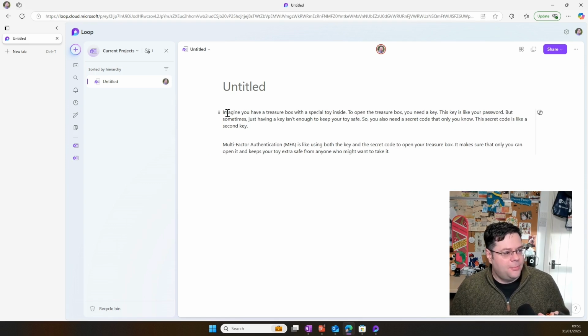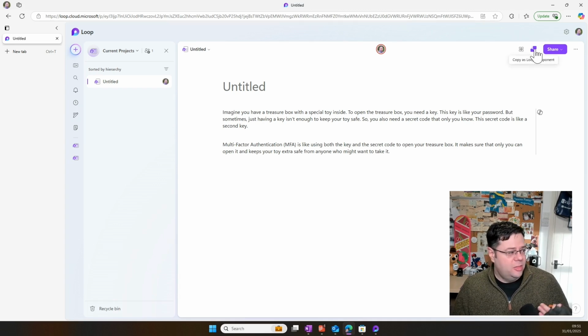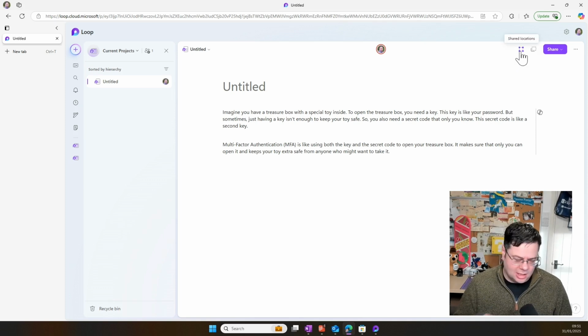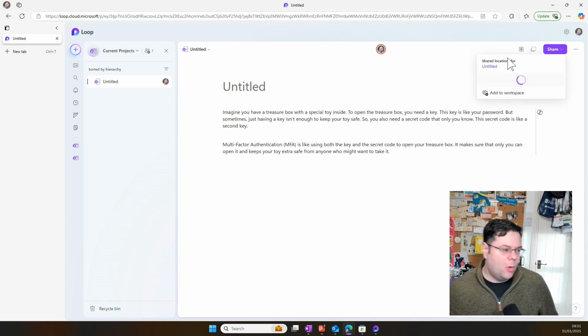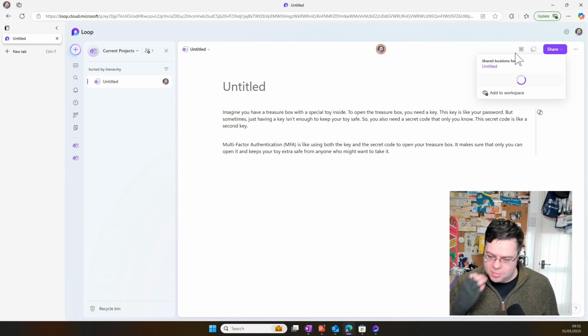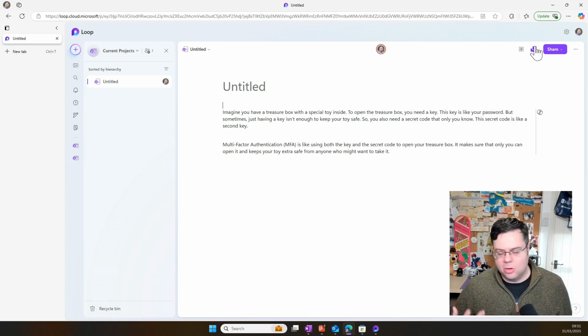Right. So up the top of my screen, I have the option to copy this page as I see it now as a loop component. I also have another little, almost like a flower petal icon that, when you click on it, goes to like a little rectangle. If I click on that, it shows me the different locations where this component is. I also have the option to add that into a workspace if I wanted anywhere else. So your question is, how can I share and deal with that?